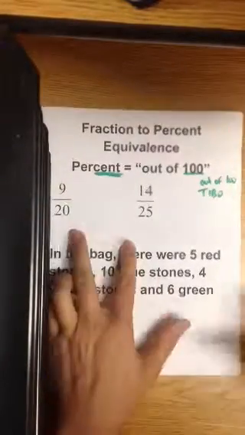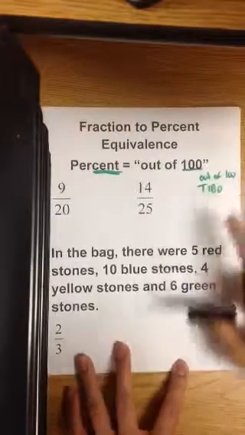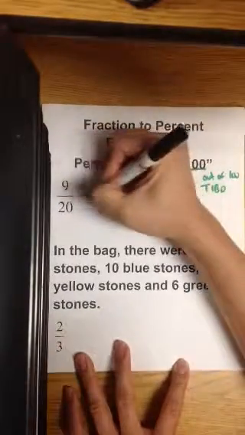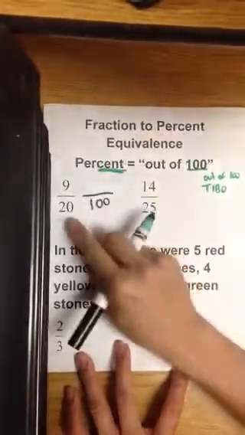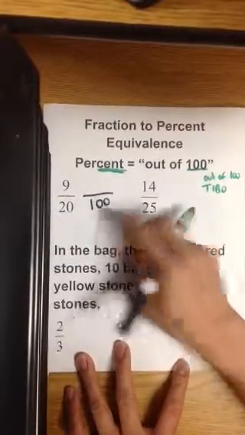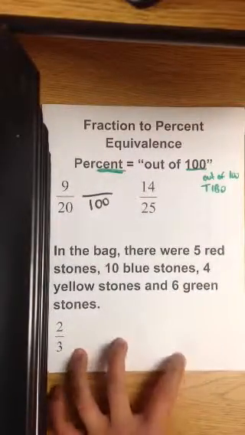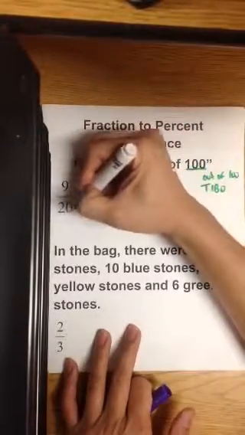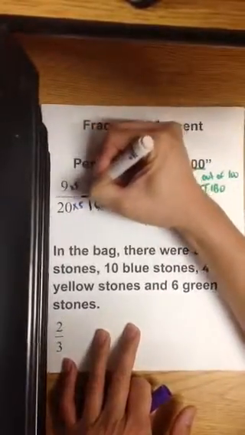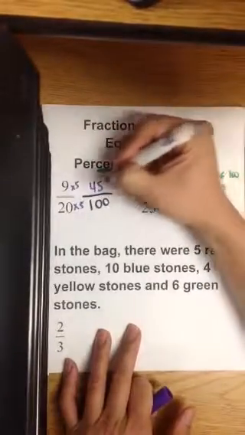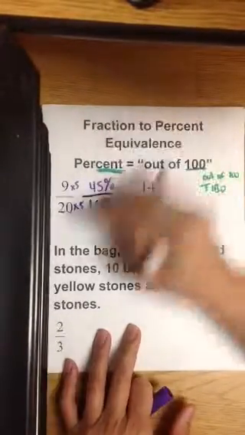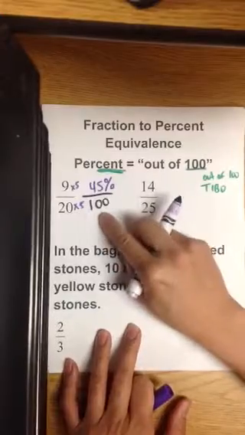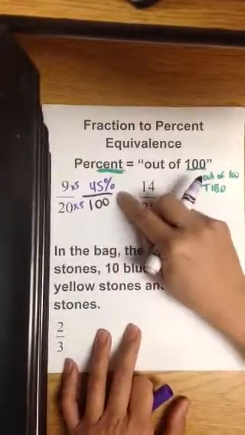So let's look at 9/20. So which one should I choose? Which category? I think it goes out of 100. So can 20 go into 100? How many times? 20, 40, 60, 80, 100. It goes in 5 times. 9 times 5 is 45. Do not forget the percent sign. So 9/20 is the same thing as 45/100, which is the same as